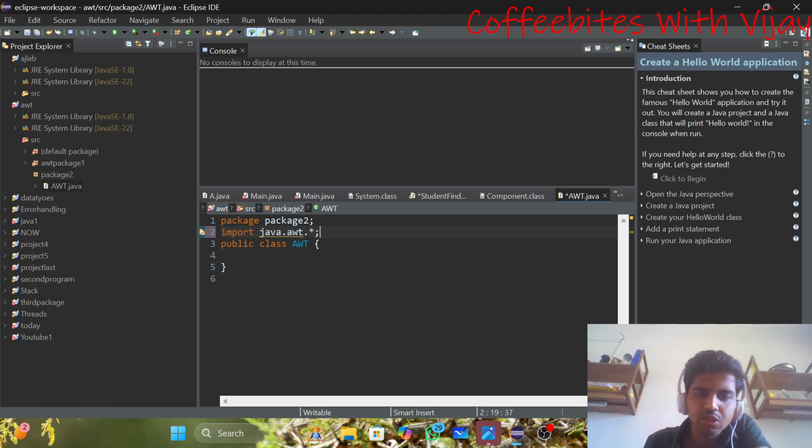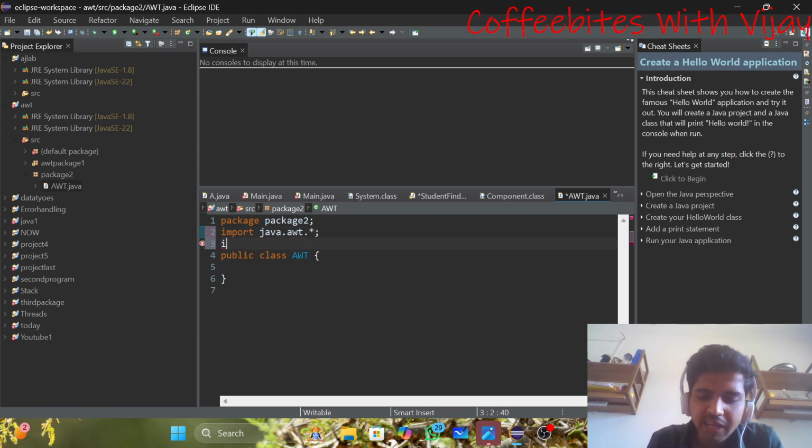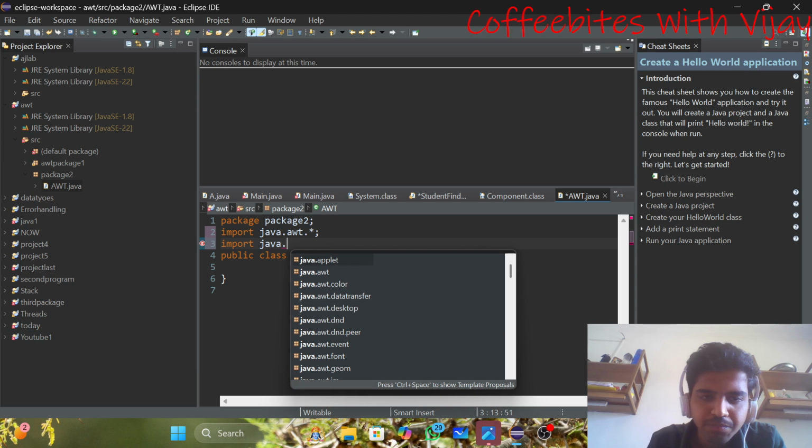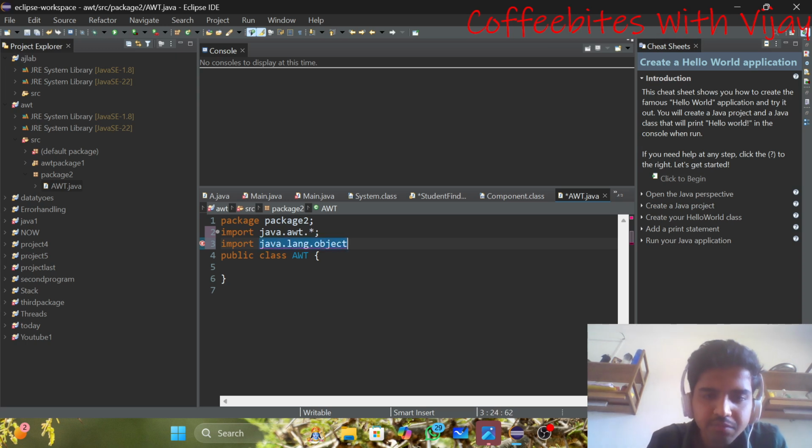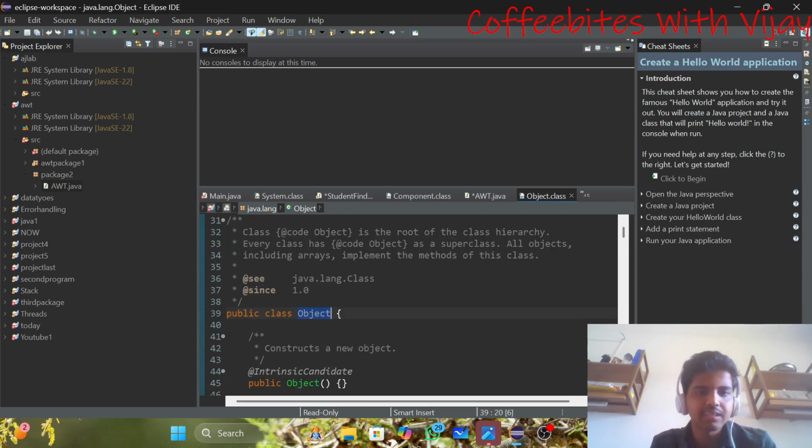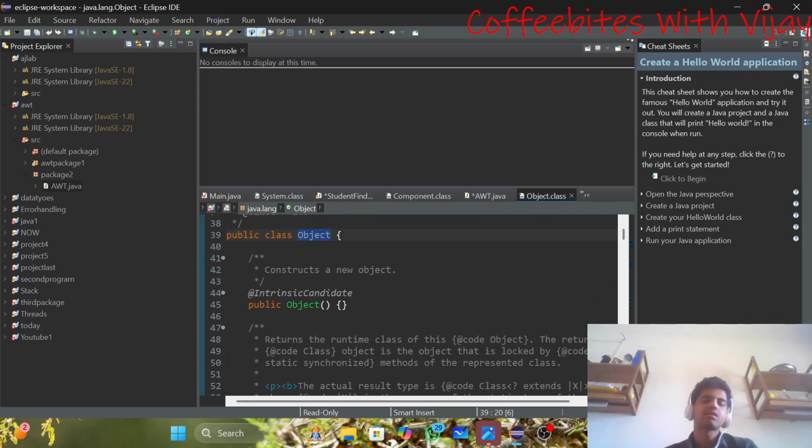And here, guys, I have explained that this is the import java.lang.Object. Give me a second, guys. I think this is not visible. O should be capital. Guys, this is the parent class. java.lang.Object is the parent class, and it contains all the other child classes inside it.